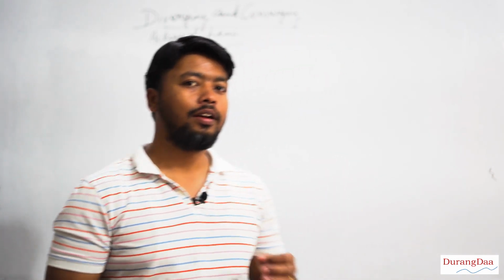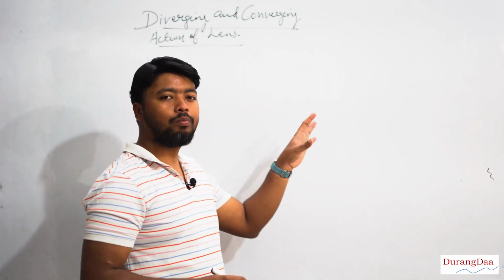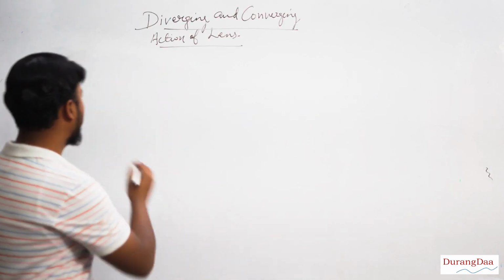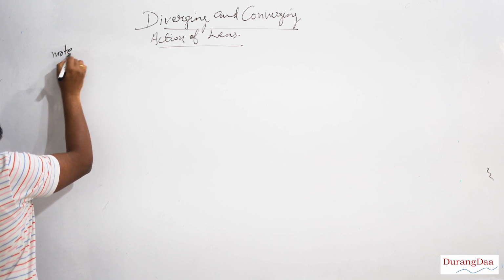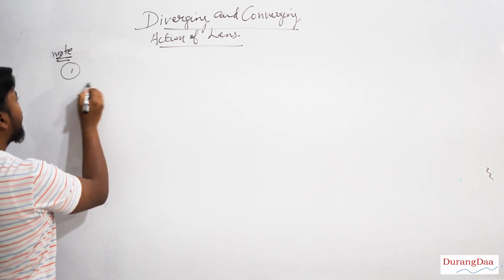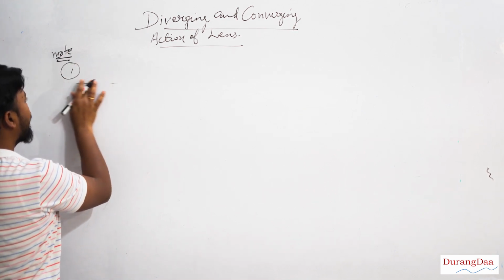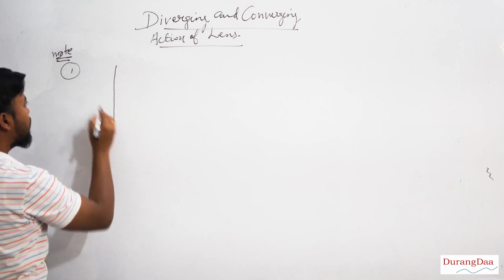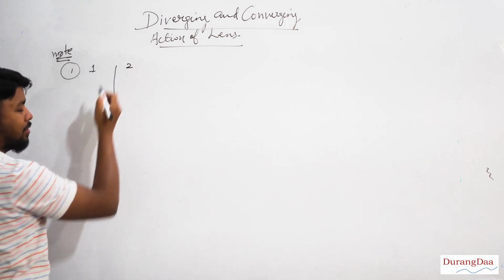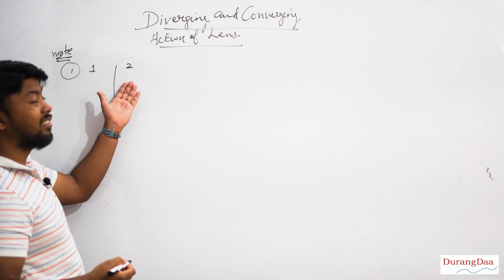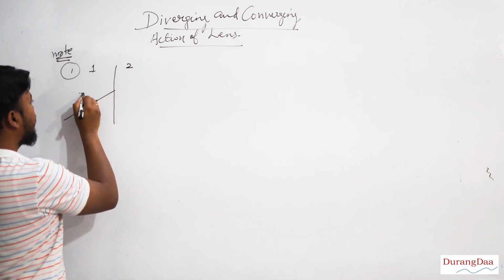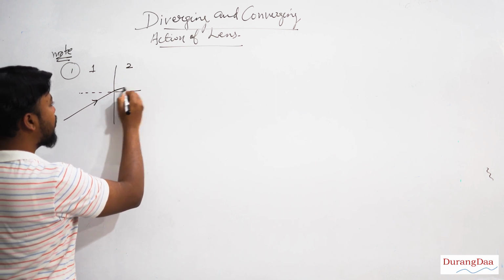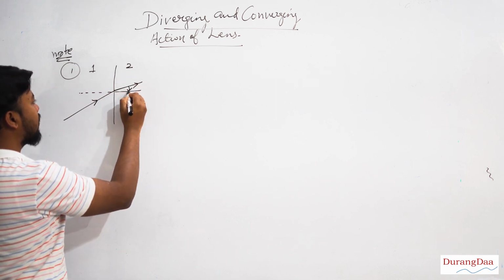Before we start, it is important that the following points are in your head. You have already studied this, but you can note it down. First, you should know about refraction. All of you know that if a light ray passes from one medium to another, such that this is rarer and this is denser, and the light ray falls like this, then, if this is the normal, it will bend towards the normal.